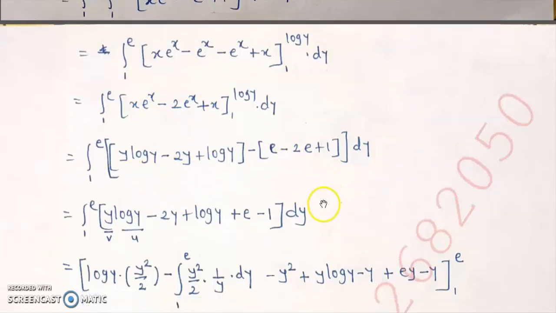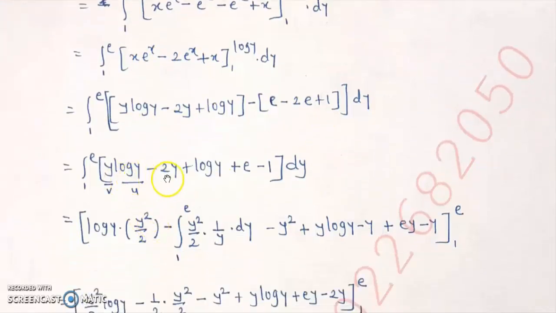When we open all the brackets, we get y log y minus 2y plus log y, e minus 2 is minus e and then plus e minus 1 dy. Okay. Now again for the next integral, that is the last integral with respect to y, we have u into v form here. That is, there is a product of two y functions. So what we do, we take u as log y as its derivative is known, and we are differentiating u always and integrating v in the uv rule. So we take log y as u and y as v.